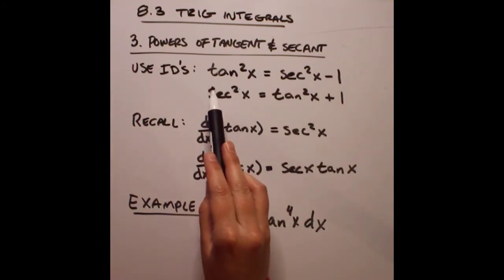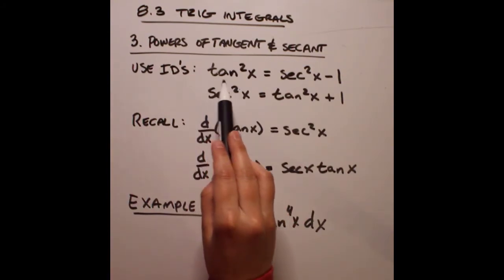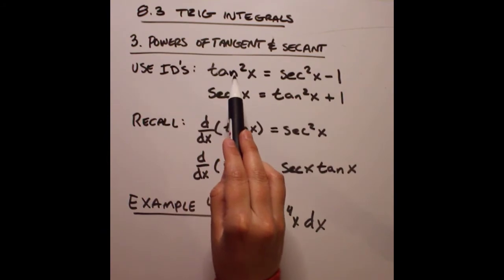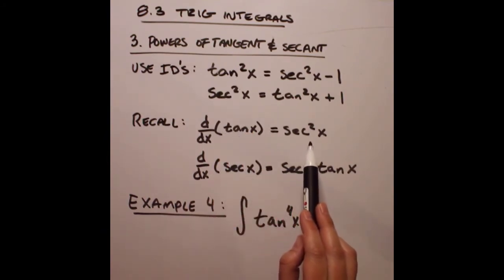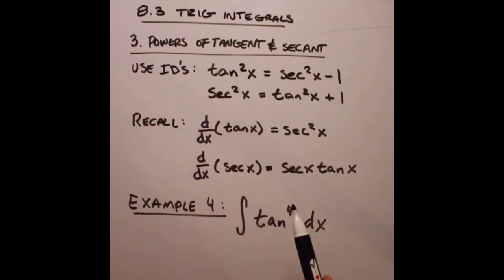If we can rewrite our tangent to the 4th in terms of tangent squared, and then recall that the derivative of tangent has secant squared in it, we're going to be able to use a handful of what I have written here. So let's start by saying that this is the same thing as tangent squared x